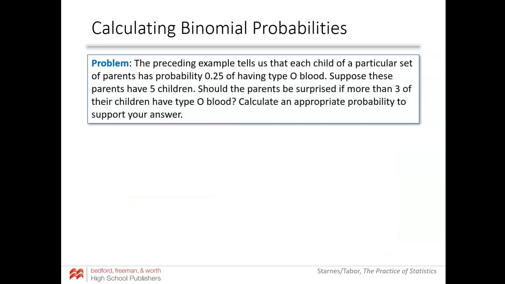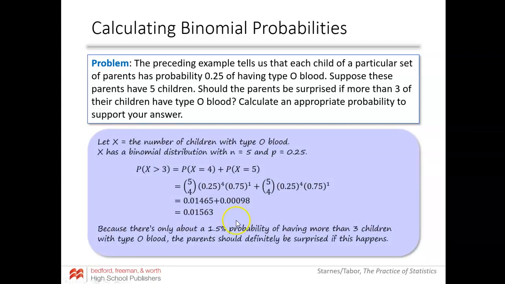All right, same question, but now they're going to change it and say, suppose the parents have 5 children. Should the parents be surprised if more than 3 of their children have type O blood? Well, more than 3 for us, now notice there's not an "or equal to" situation here. It's more than 3. So that means 4 children or 5 children. So would this be surprising to have? Let's find the probability. So what you're going to do is find the probability of 5 choose